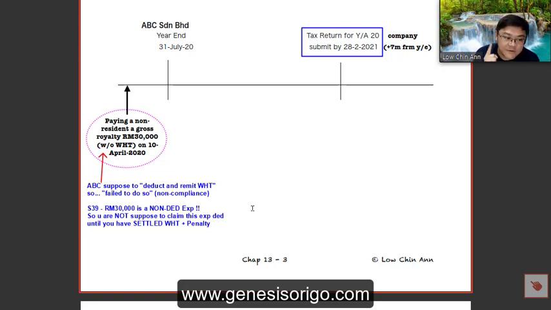The government says you cannot claim the 30,000 yet. The word is cannot claim yet. Until you settle everything, then you can claim. Now,